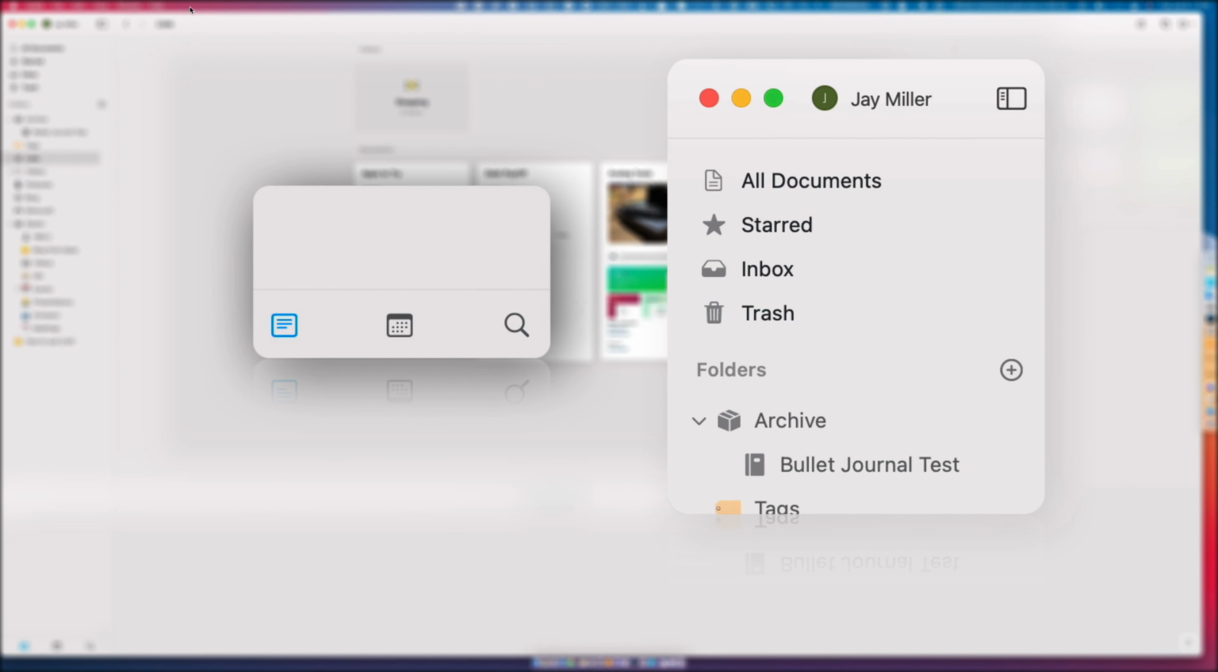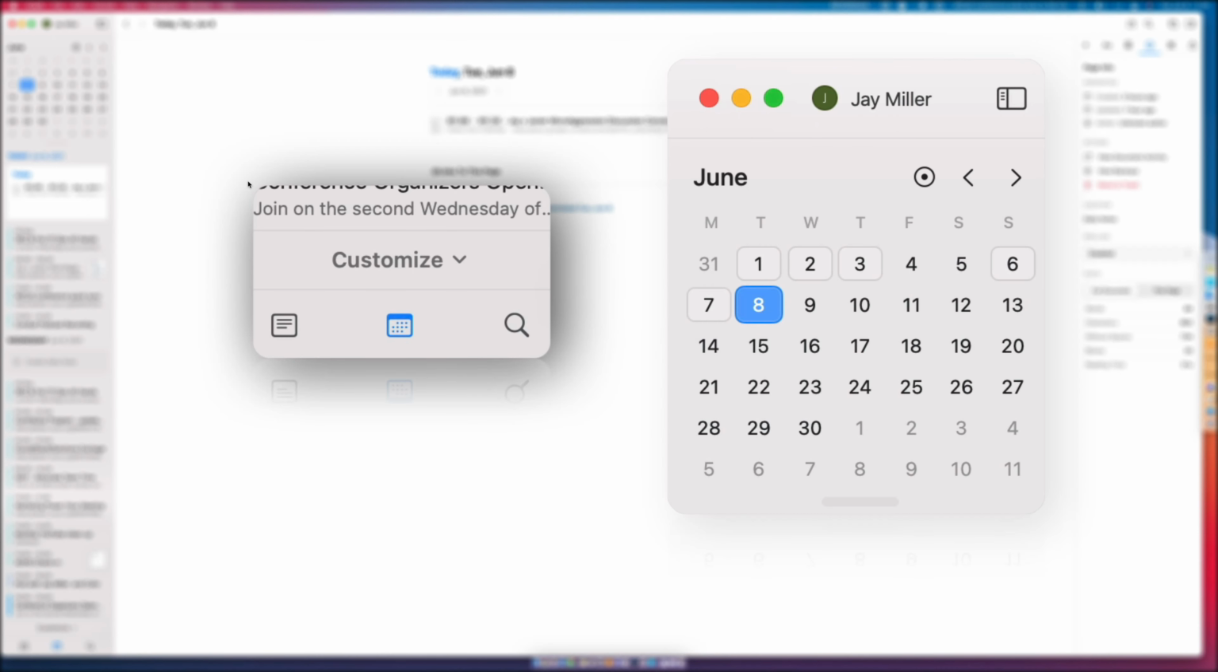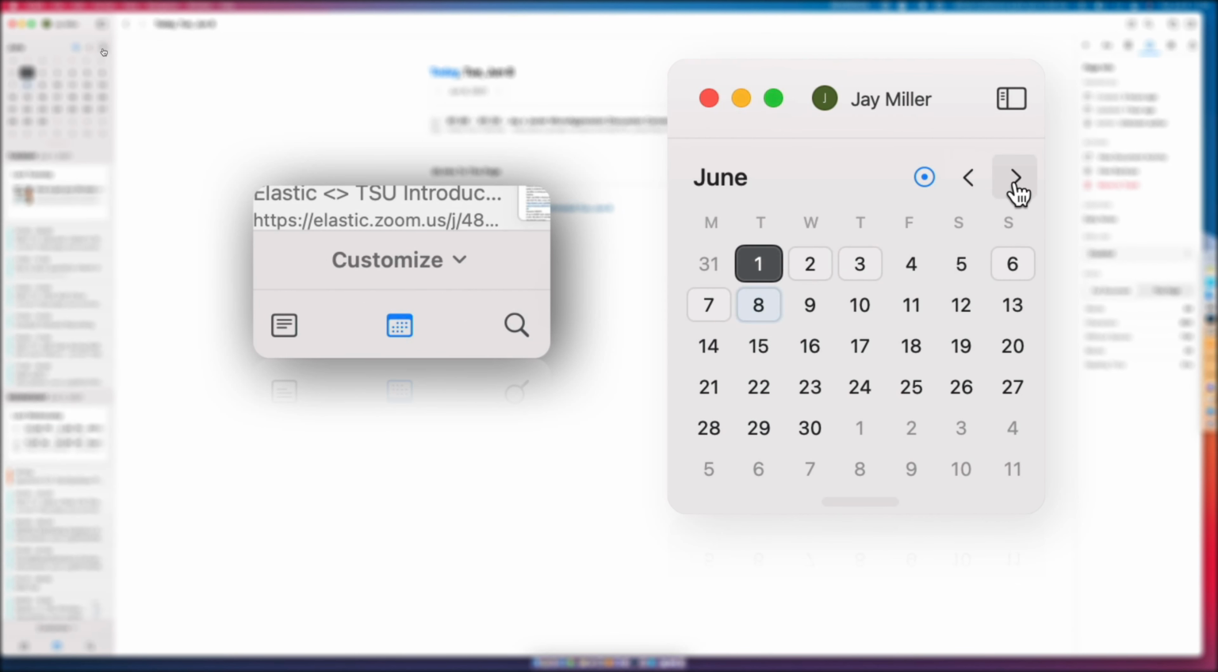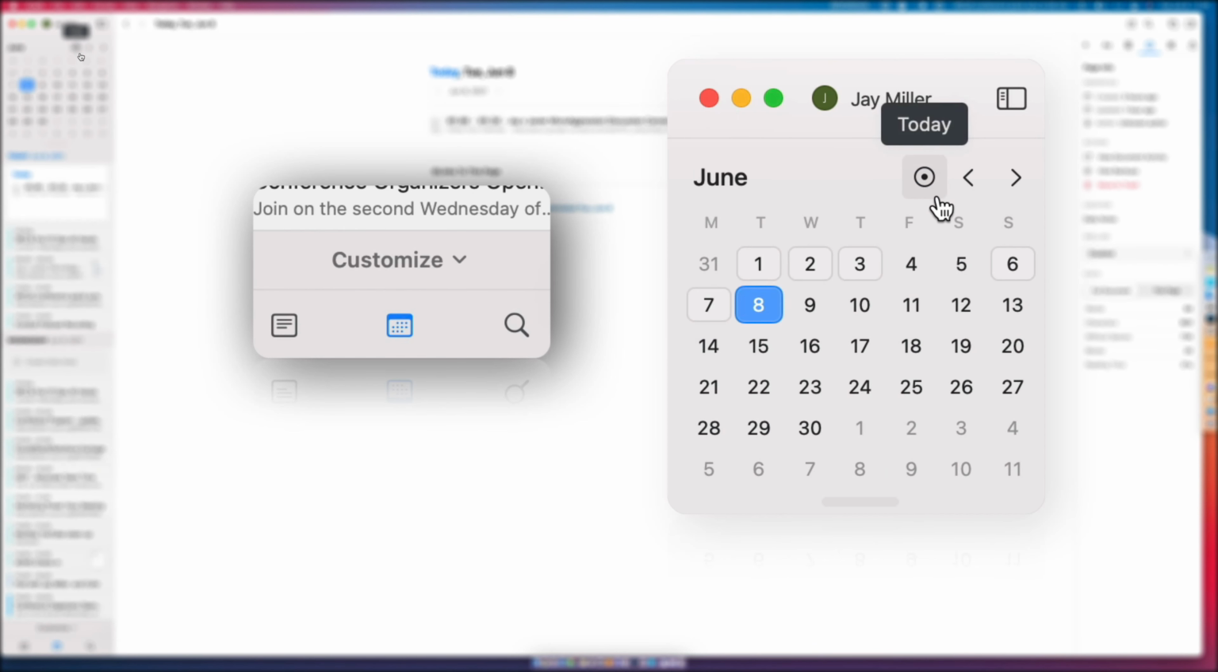Now let's take a look at navigating through the calendar view. First, we're going to jump to the calendar view, and I'm going to hit Command-Shift-2 to do that. Now we're in calendar view. Now, the other side of this is we want to be able to click these buttons up here. And of course, if we're on different days, we want to be able to jump back to the today